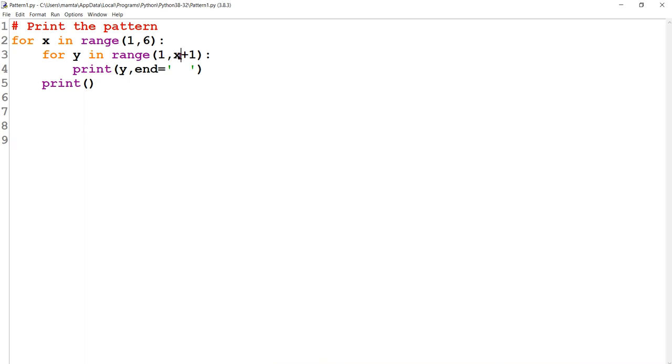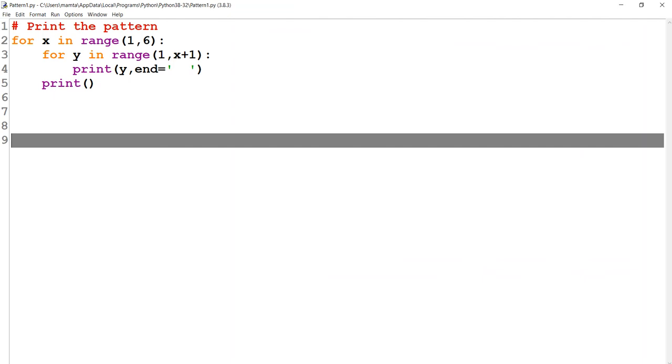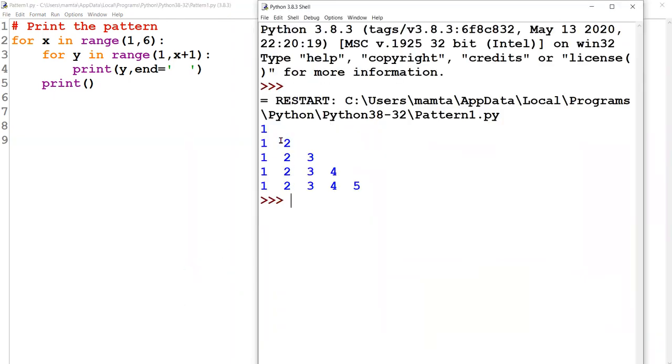So in this kind of pattern, we take the variable which we have used in the outer loop, because as we have seen, depending upon the row, the columns are printed. So row 1, column 1. Row 2, number of columns is 2.